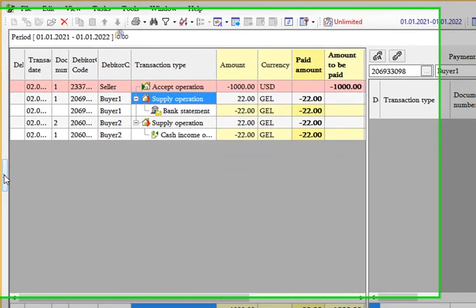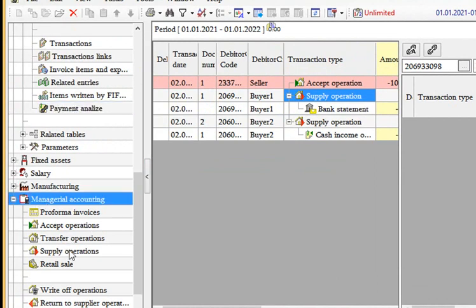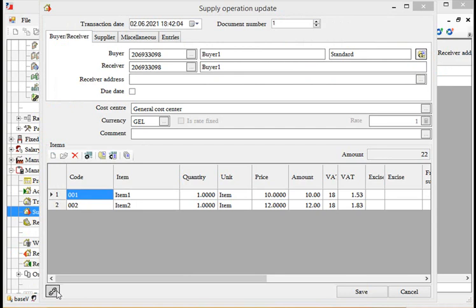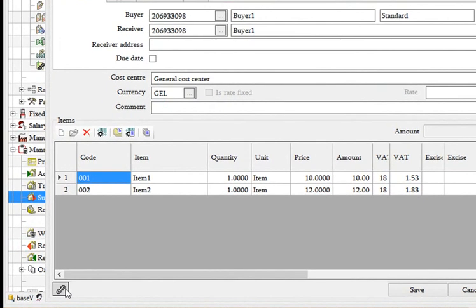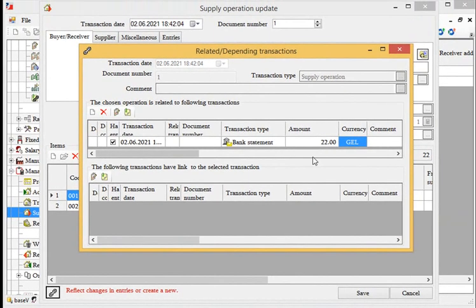Let's go back to the managerial accounting and supply operations. We've already connected both of those operations to the corresponding payments. So let's update one of these operations. And there is a link button at the bottom of the screen. If I click on this button, you will see that bank statement with transfer $22 is linked to this